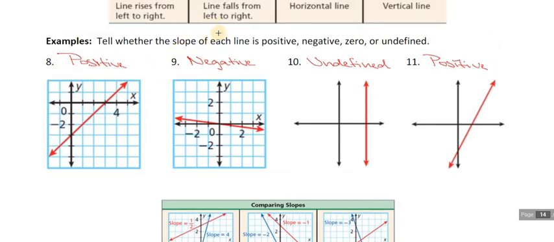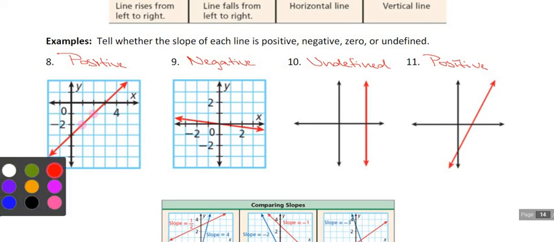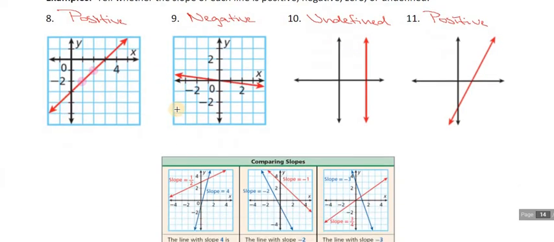So I'm going to find 2 perfect points and walk those city blocks. So I'm going to pick this one right here. And, well, there's another perfect point right next to it. Okay, so if I do my rise first and then my run and I go left to right,